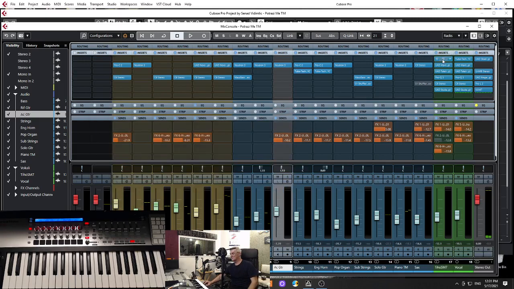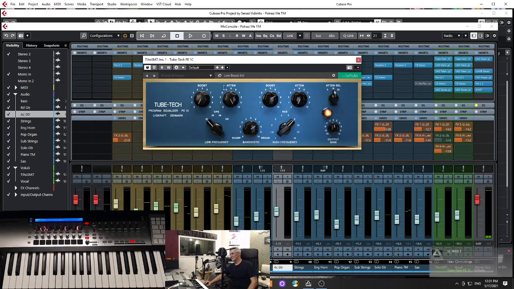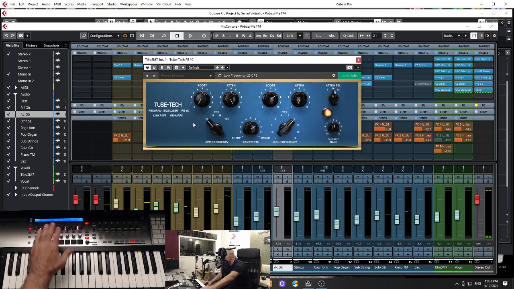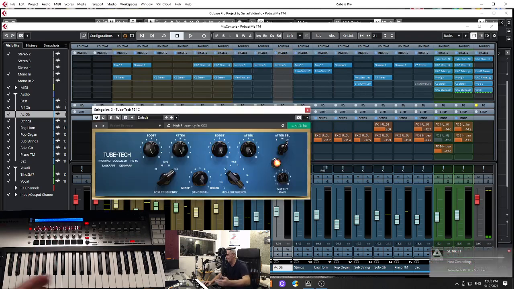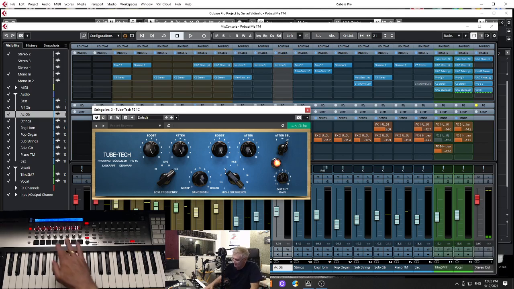Now let us go back to this plugin. Look, whatever I did by the time this plugin was opened, what I did on this controller, it stays. And now that plugin here, that I just changed everything to the right, it stays to the right. So now there, my friends, you can see that with this controller, you can control software, you can control plugins,